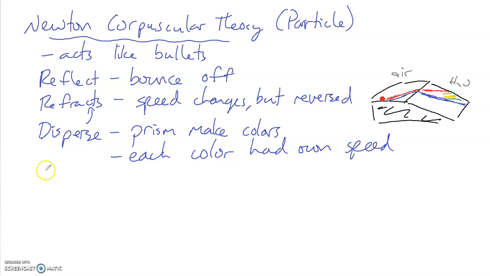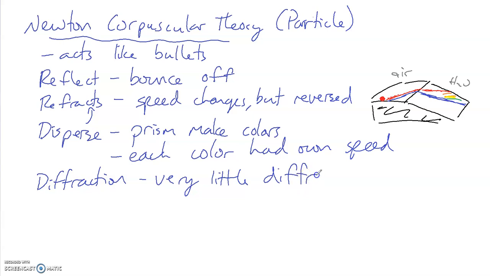Okay, now there's also diffraction. Diffraction is when things go through openings and spread apart, like waves will go through openings and spread apart. Well, typically light goes straight. There's very, very little diffraction for light. It goes pretty much straight. It's actually what's called